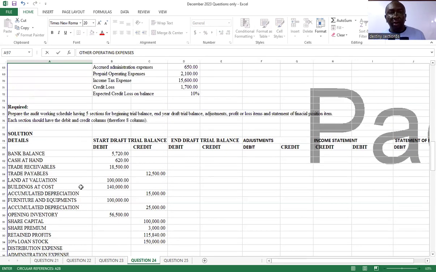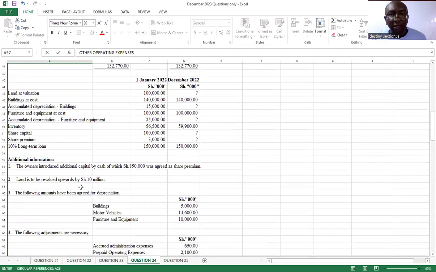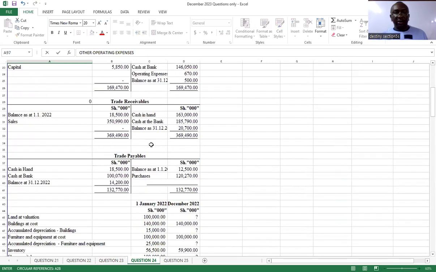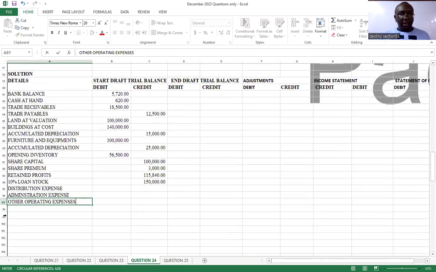Let me see what else follows that account that we have not captured. Interest on loans, dividends, and motor vehicles. So interest